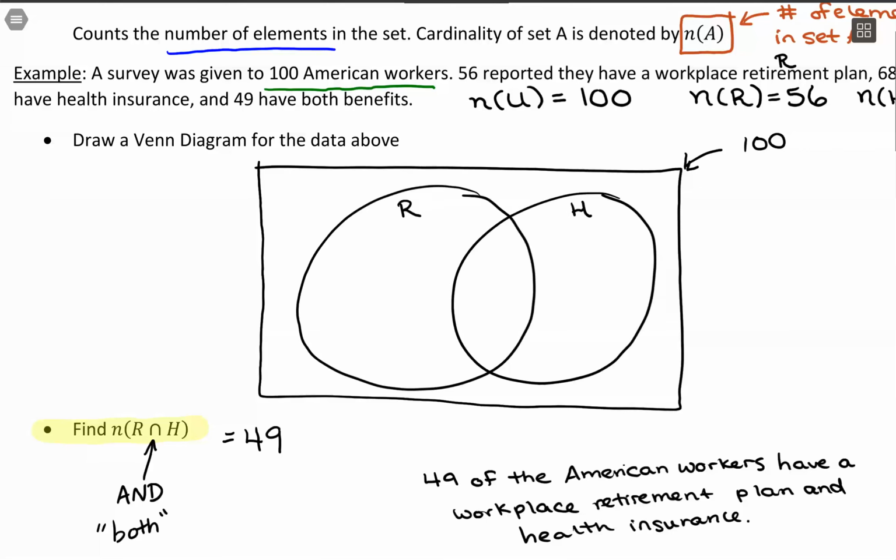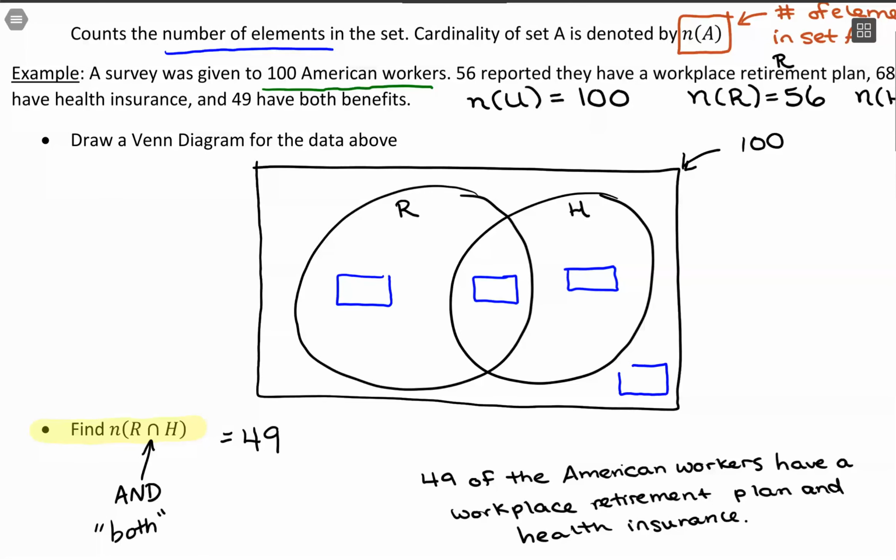Now, in plugging in numbers here and filling in numbers for blanks, because there's basically going to be 4 spots we're going to fill in. We're going to have a number here, a number here for the intersection of the two, a number here, and a number outside. So we want to fill in the blanks there. The best place to start, especially in terms of the numbers they gave us, is with the intersection. That number for both. So we know there are 49 people in the middle there that have both the retirement